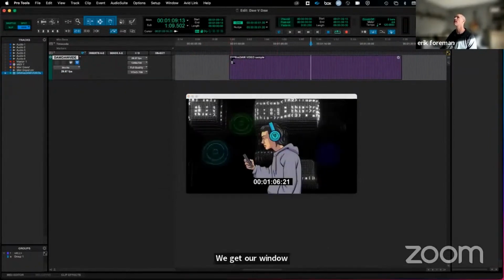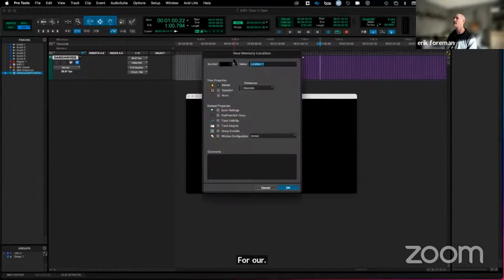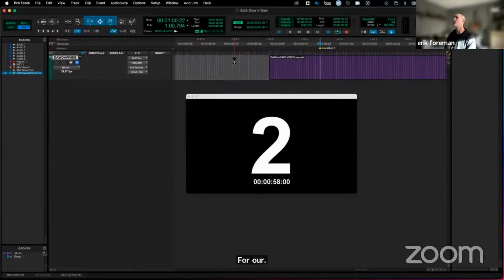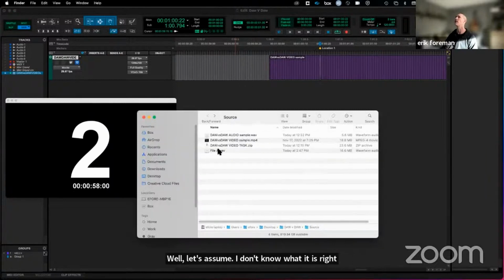Looking for our sync block. Find it here. I like JD's idea: put a marker there, or we could even put a sync point there. Well, let's see, I could do the same with the audio and, well, let's assume I don't know what it is, right? I don't know where my sync point is. So if I